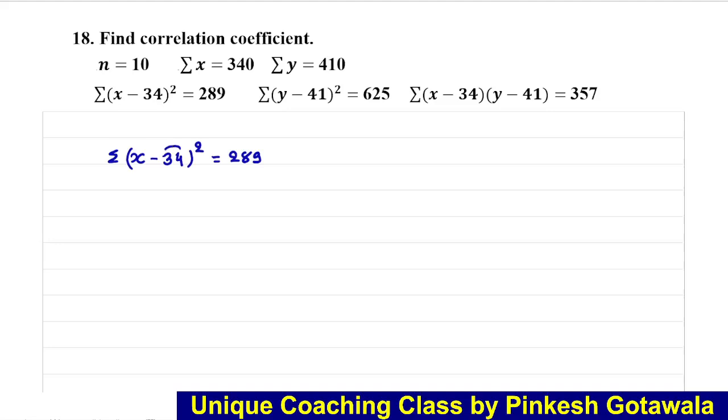Let me write: sigma (x minus 34) whole square = 289. So for this 34, there are two possibilities. Maybe it is a mean or maybe it is an